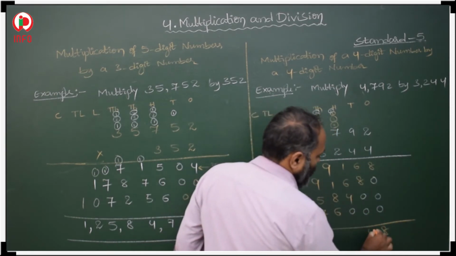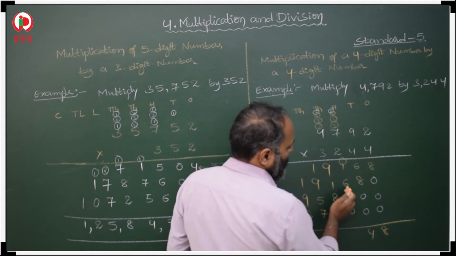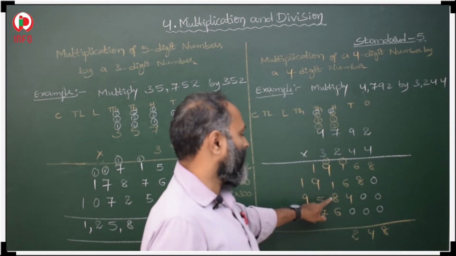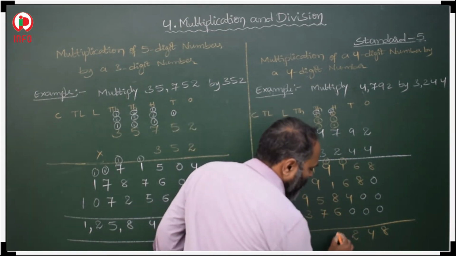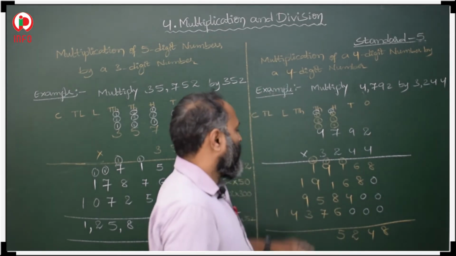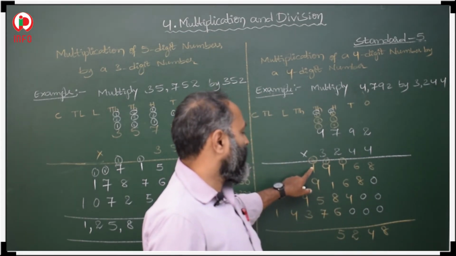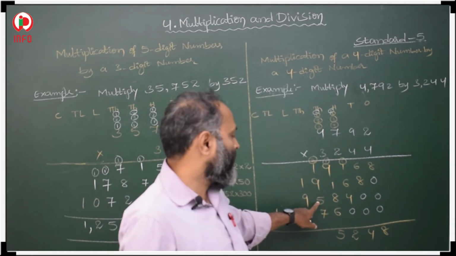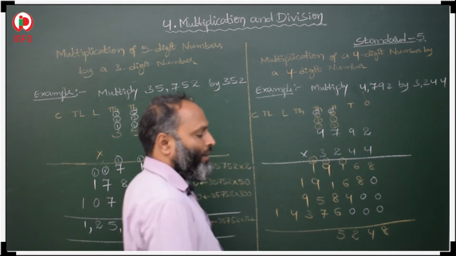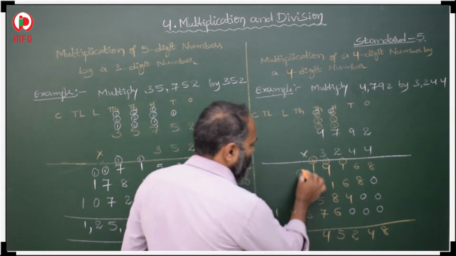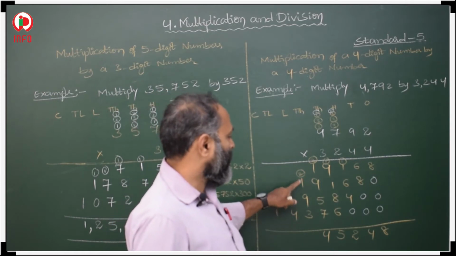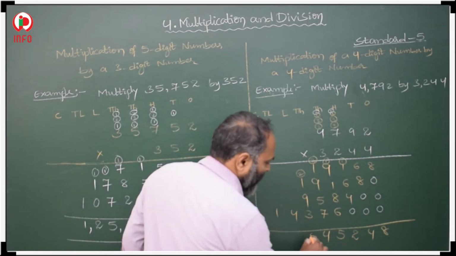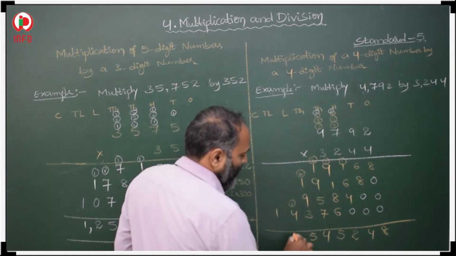Now you add. 8 plus 6, 14, 4 and 1 here. 6 plus 4, 10, 11, 12. 2 here and 1 here. 9 plus 1, 10, 11, 19, 25. 5 and 2. 1 plus 2 plus 1, 3, 3 plus 9, 12, 12 plus 5, 17, 17 plus 7, 24, 2. So 9 plus 1, 10, 10 plus 2, 12 plus 3, 15, 5 and 1. 4 plus 1, 5 and this is 1.